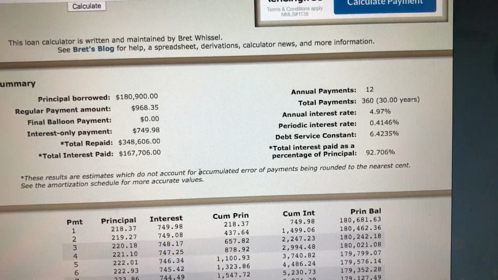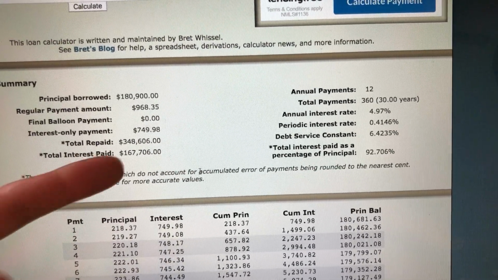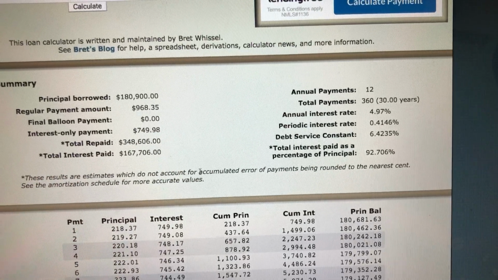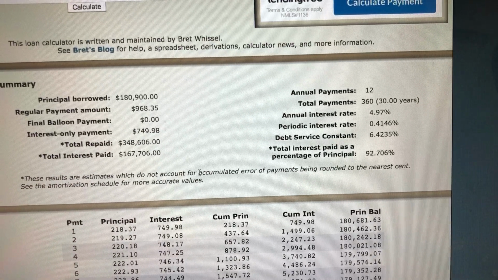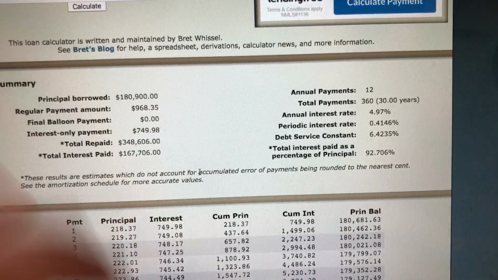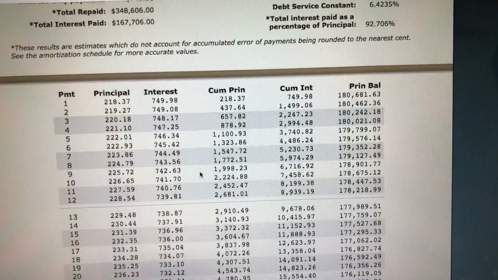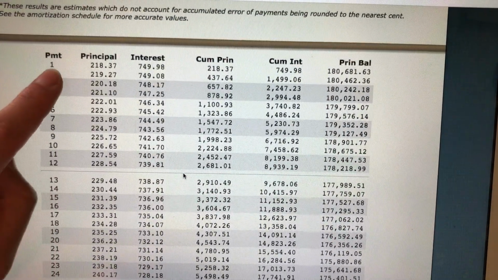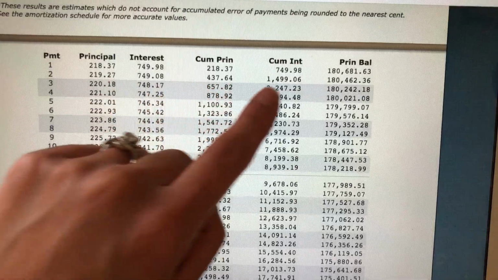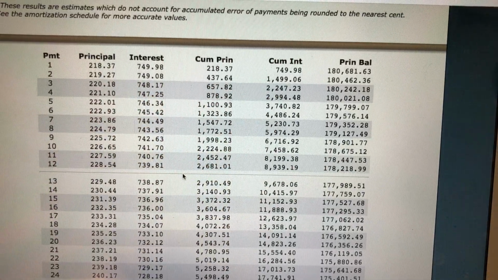They have to make their money. And a lot of the banks make money from interest and from fees, overdraft fees, stuff like that. All right, total payment, all that other stuff. So when you look down, this is not an iPad, this is a computer. When you look down, it tells you payment 1. So the first month of the first year, you're going to pay your total amount, which is